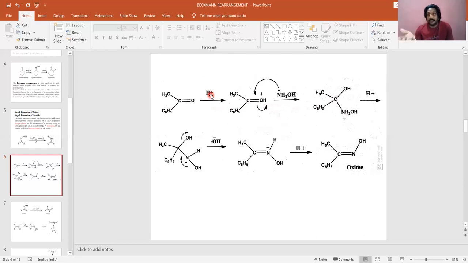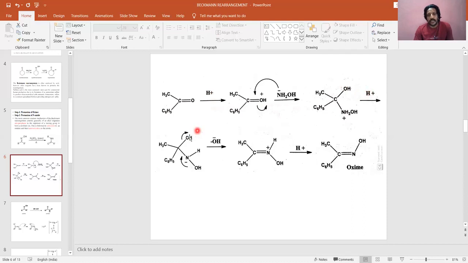So acid being a catalyst, it will be used to increase the rate of the reaction, and at the end of the reaction, it will be retained as acid back. That is what a catalyst means. A catalyst is a substance which remains chemically unchanged at the end of the reaction. So H plus we added, and H plus is coming out also.